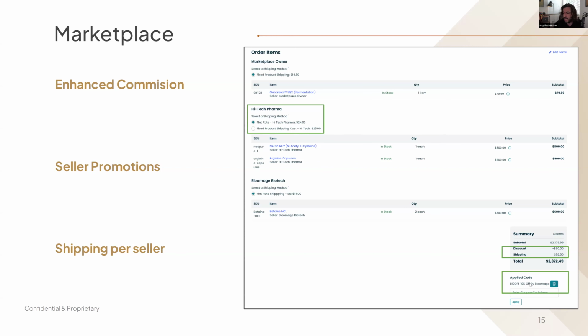You can see here on the bottom right. Now sellers can actually set up their own promotion. And in this case, the promotion is being deducted from the subtotal of the discount. But we are taking this into consideration when we are actually calculating the commission, which leads me to the third